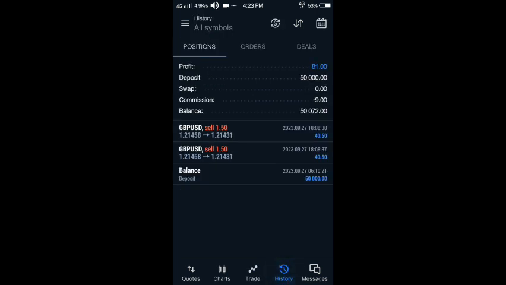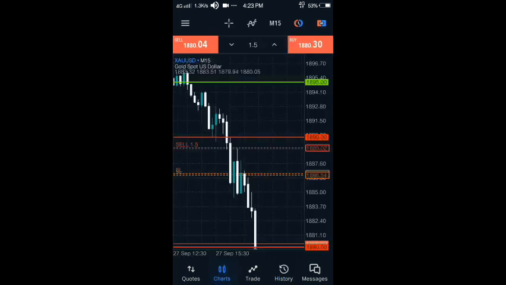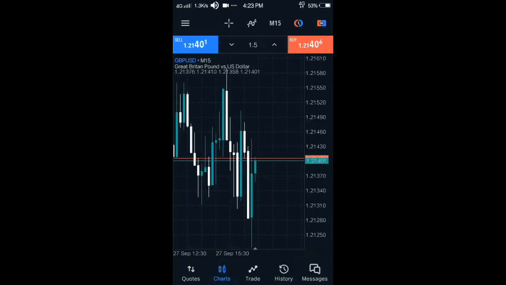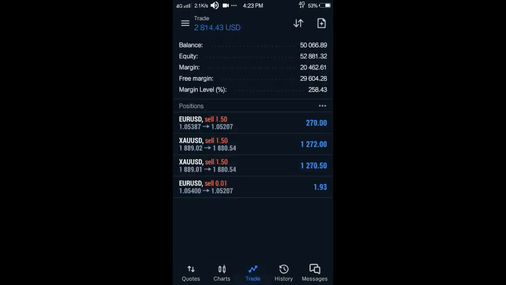The only trade I closed early was GBPUSD. I decided to close because the market was coming back at me here. This is my entry point, and somewhere around this place the market is coming back, so I decided to close. Then I kept my Euro USD and my gold trade running. Gold has hit my TP, so I'm about to close my trades. So yeah, that's how I passed an FTMO